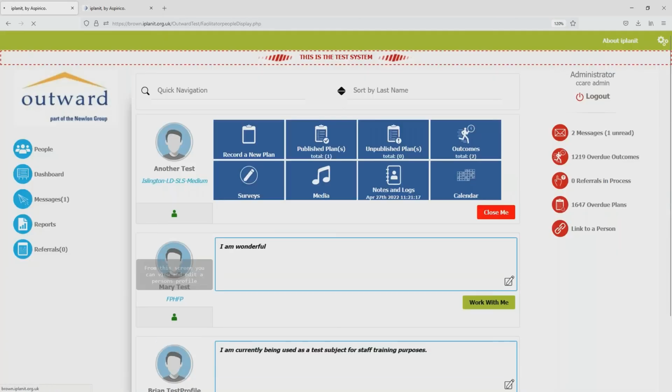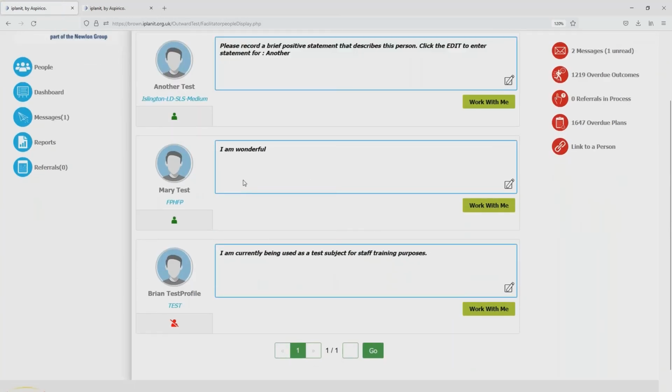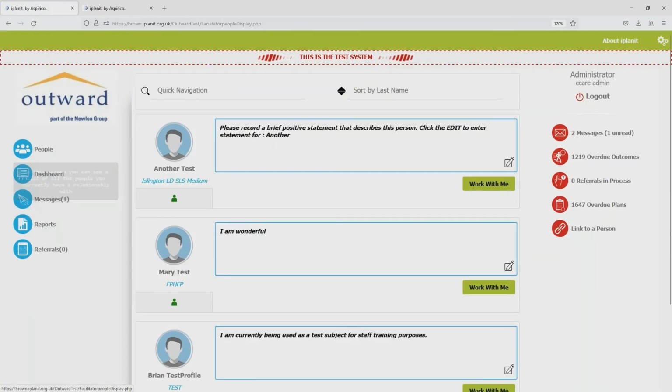And I'm not too sure at Outward, password changes and things like that. I think, are they the responsibility, are they centralized, Graham? Is Graham there? I don't think he can hear me. Okay, so